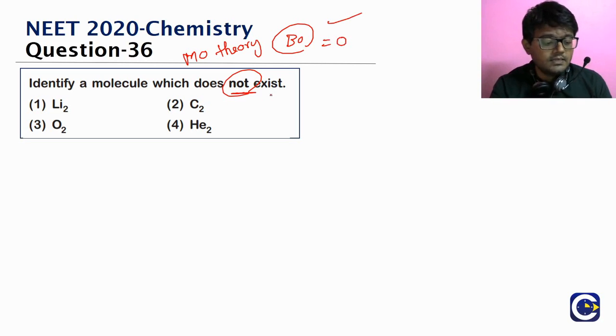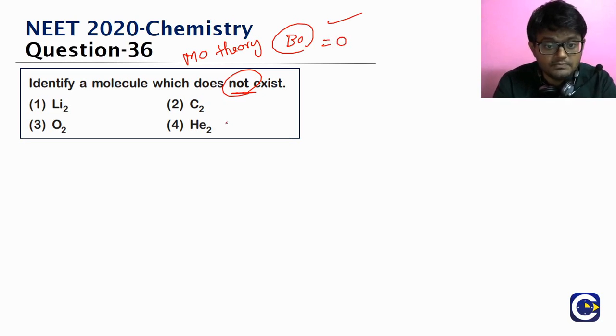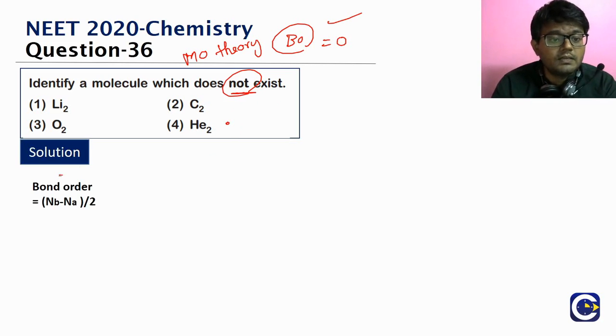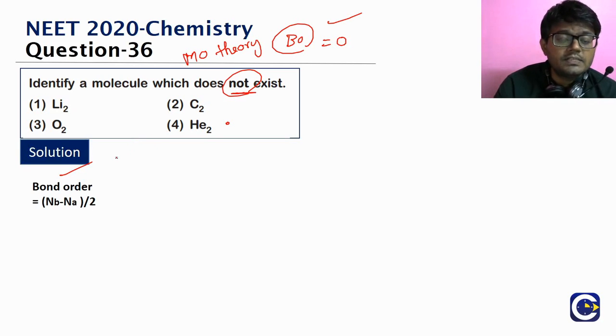In fact, in the NCERT textbook itself, we have this example. Okay, so what is it? Helium-2. So if you look at the bond order, what is the bond order value? Number of electrons in the bonding orbitals minus number of electrons in the anti-bonding orbitals divided by 2. So in the molecular orbitals, there will be a difference in the order. Up to a total of 14 electrons we have one order, and beyond that we'll have another order.